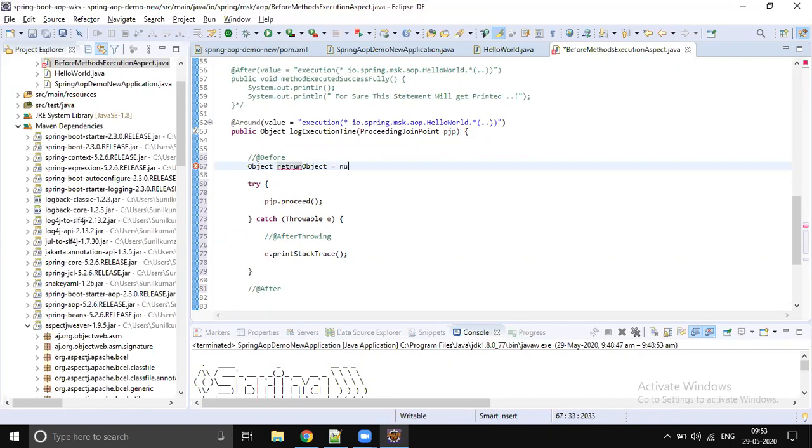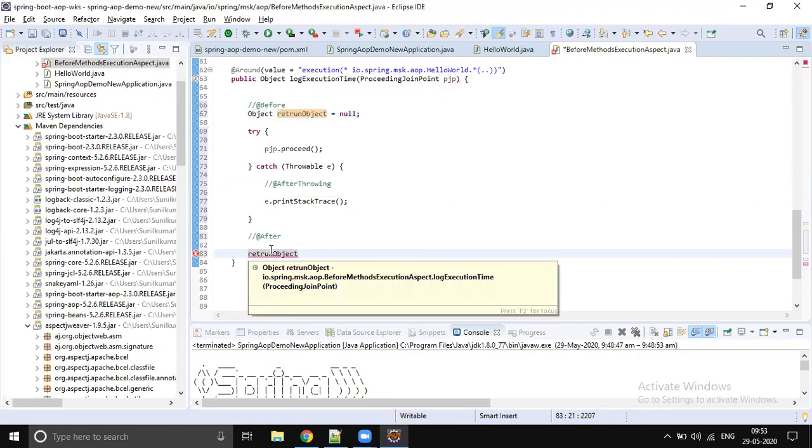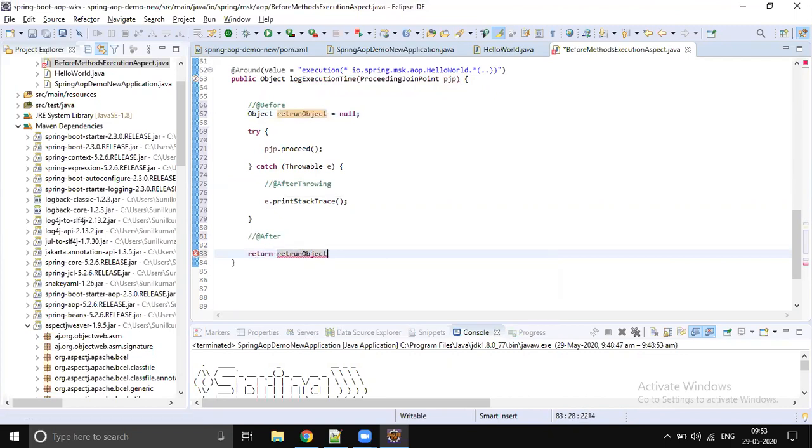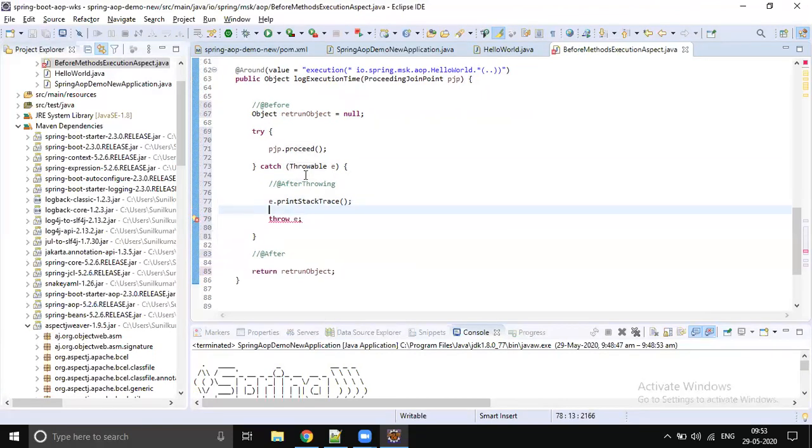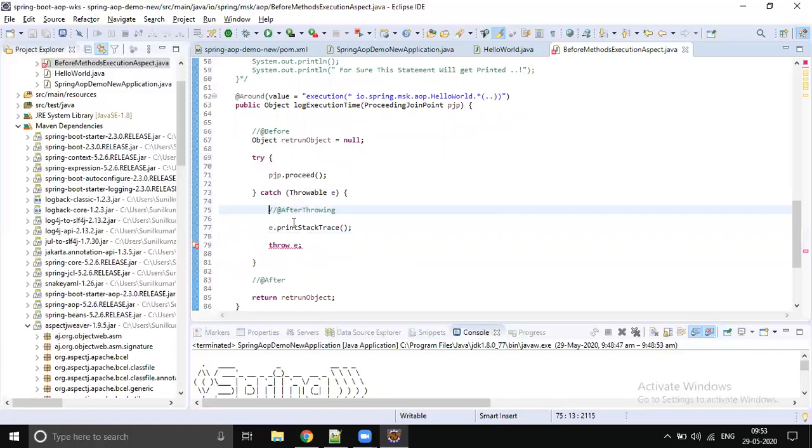When an exception comes, you can log it and throw that exception back. So this is after throwing.